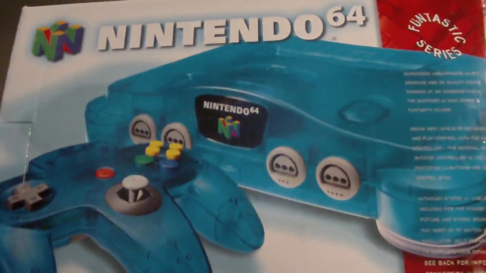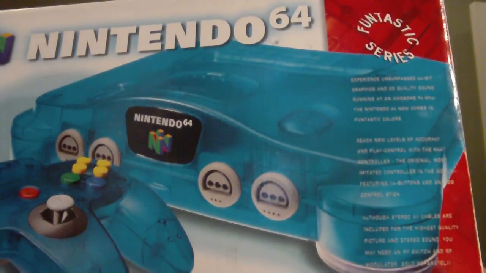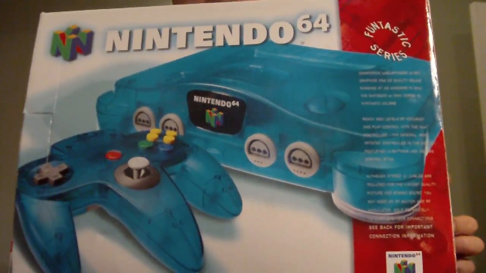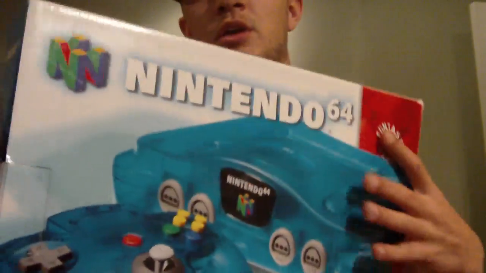And the last thing I picked up from him, system number 82. This is a great one, and I'll explain why in a minute. It's the Fantastic Edition, Fantastic Series Nintendo 64. It's coming in the aqua blue color. It's boxed,